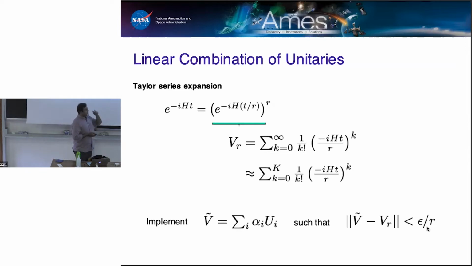So good. So now the problem becomes that for each of those time segments, we want to implement this linear combination of unitaries. Remember now that we're working with Pauli operators, right? So this H now is a sum of Pauli operators. And then if I rearrange things sufficiently, I will be able to write this entire sum as some coefficients times Paulis, and Paulis are both Hermitian and unitary.